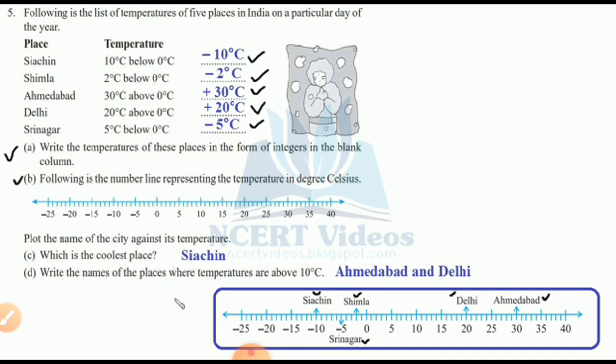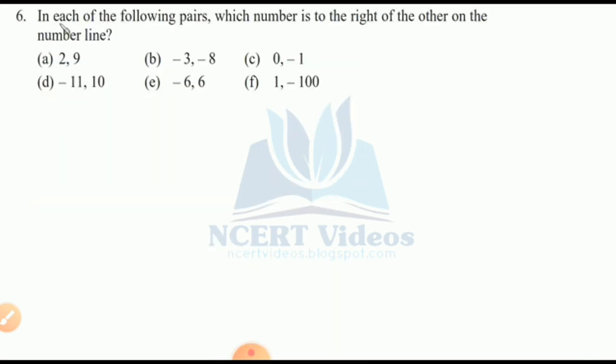Which is the coolest place? The biggest minus number, it's the coolest place, -10 degrees Siachen. What are the names of the places where temperature is above 10 degrees centigrade? Plus. Yes, correct answer. Ahmedabad and Delhi. So this question is so easy. Next, 6th one. In which of the following pairs